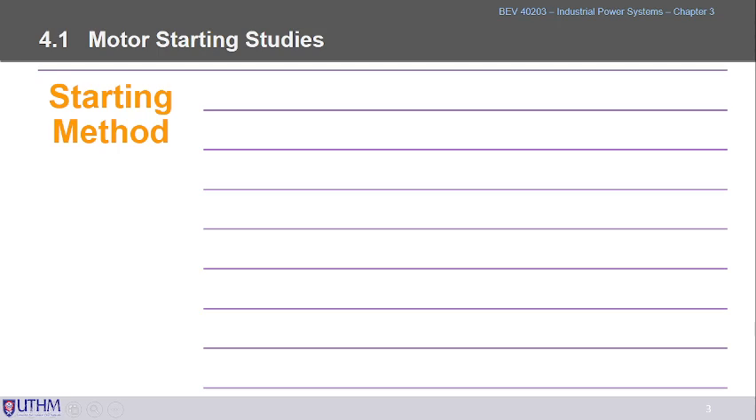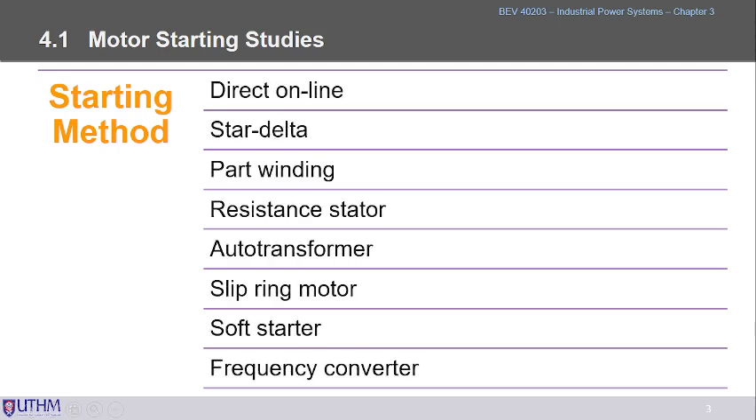So we look at the starting methods. We have various types of starting methods available. For example, the direct online or DOL. We have the star delta connection, and the part winding. This is quite rare to be used in the IPS. Rather, the resistance stator also is quite rare to be used in the IPS. Auto transformer, yes, it is quite